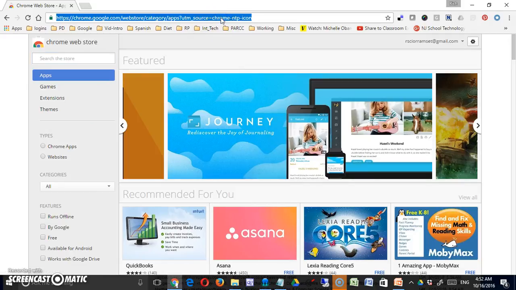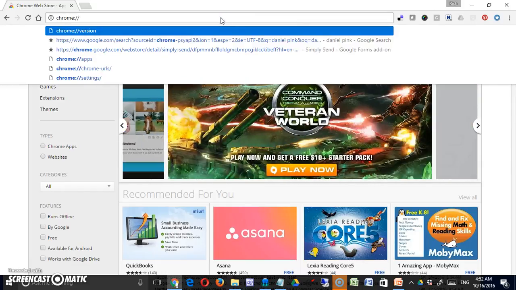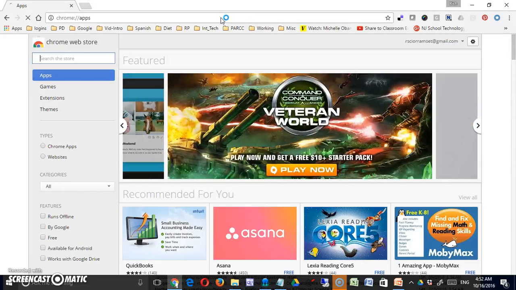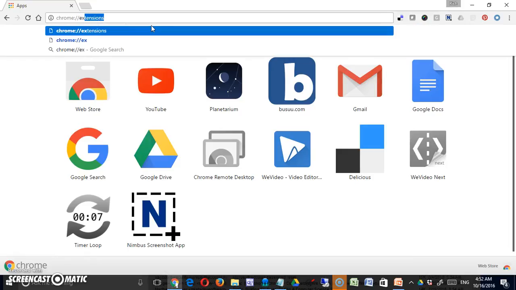One last option is to type into your browser bar Chrome://apps. And you can see that's an alternate way to get into the same area. And your web store icon is here. The only reason I show you that, even though it's a little more difficult and it would be easier to turn on your browser bar, is that there's also a parallel